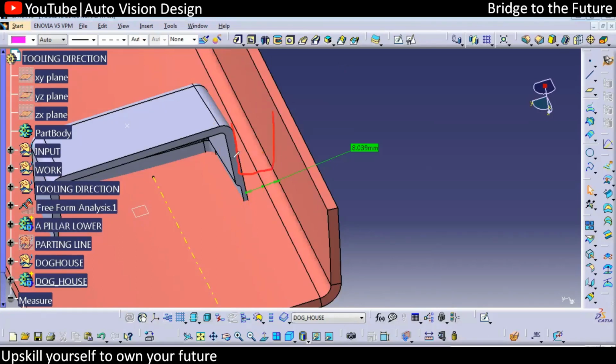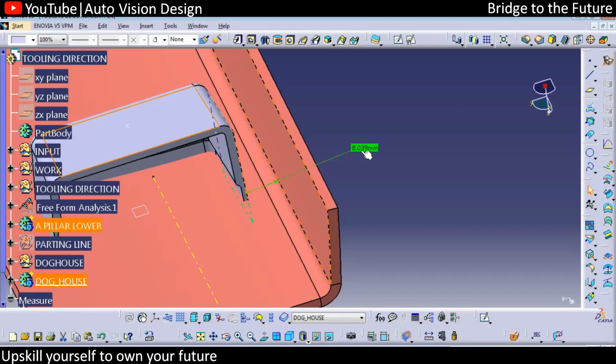Why do we require an optimum minimum of 5? Because whatever steel is going to be created in the cavity side or the core side has to have strength. Otherwise there will be a chance of this particular core breaking down. So we make sure it is close to 5 mm, and here we have 8 mm, which is more than what we require, so definitely it will be okay. But if the distance were only 3 mm, it's not going to work. We need to make it minimum optimum 3.